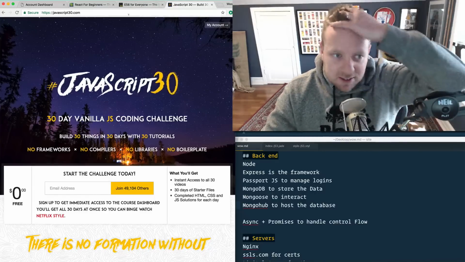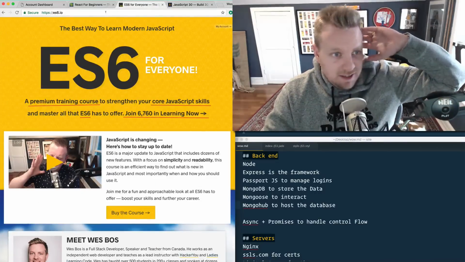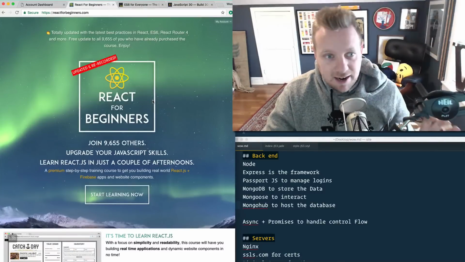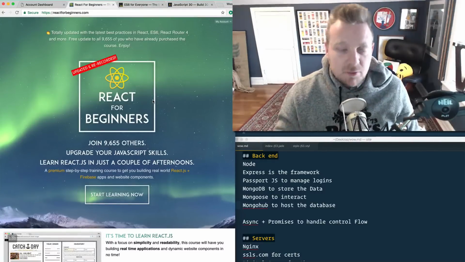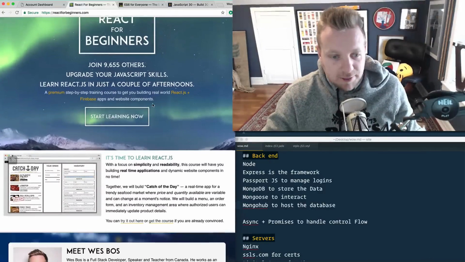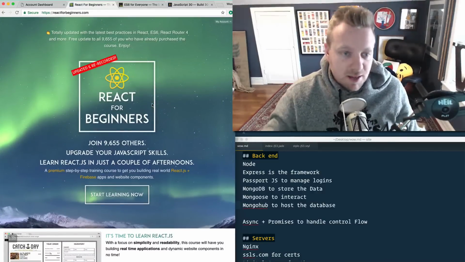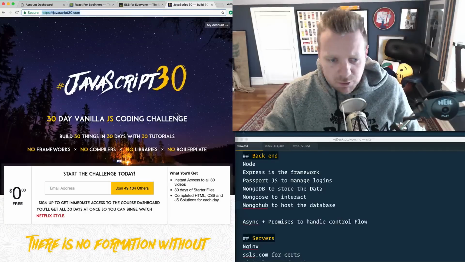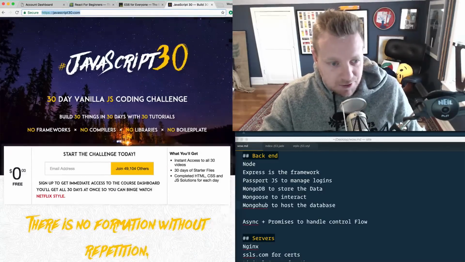So I've got JavaScript 30, I've got ES6 IO, and I've got React for Beginners all running on the same stack right now, and I'm currently working at moving over all of the rest of my courses to this application as well. First of them is going to be my Sublime book, and then the rest of my free ones as well. So the way it works, and I'll just go over JavaScript 30 right here, is you put in